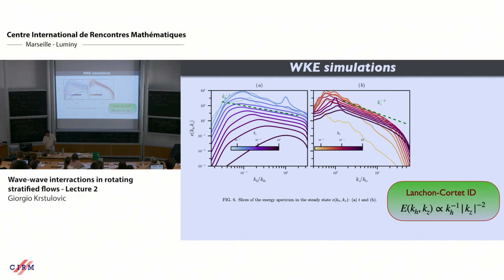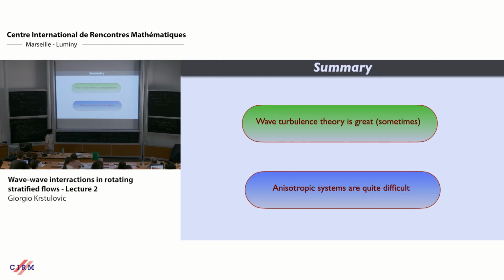So if you want the summary, at least for the anisotropic system, if you start looking in one direction, you might see the Lanchon-Corté prediction. You look in another direction, you could see Lvov. You look in another direction, it will be yet another thing. It's an extremely complex system, which we don't understand much, so we are trying to characterize all the details. And perhaps the two conclusions of these two lectures: the first one is that wave turbulence theory is great. It has a wonderful power to predict things, but still anisotropic systems are very complicated, and we need to really work a bit harder